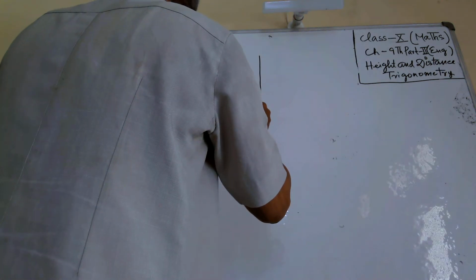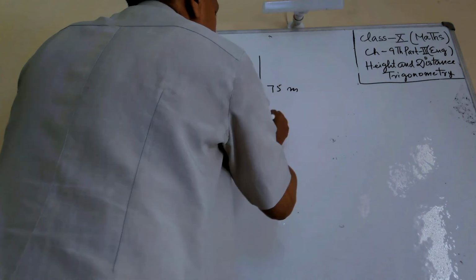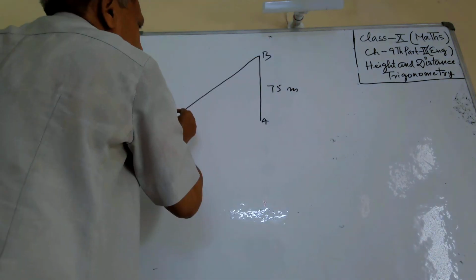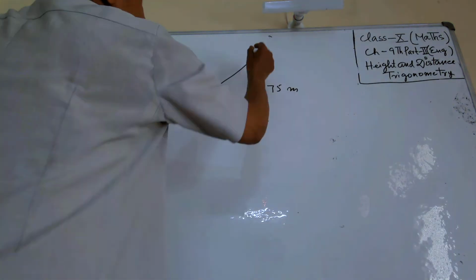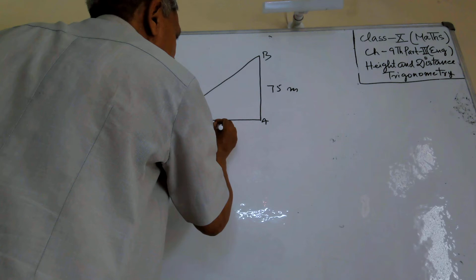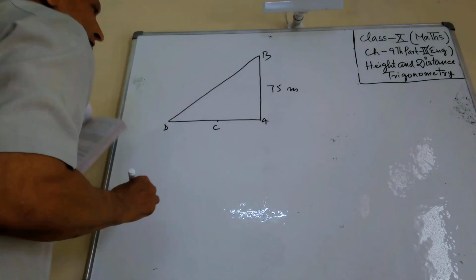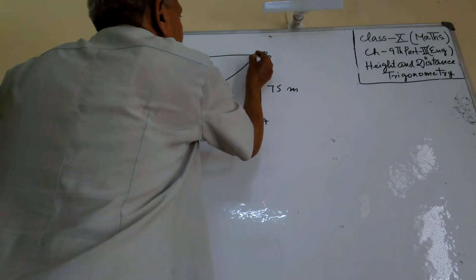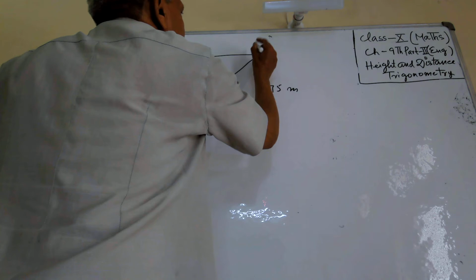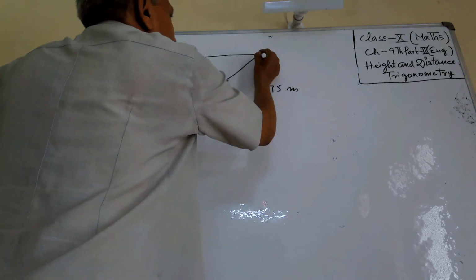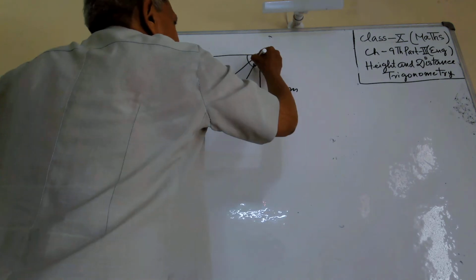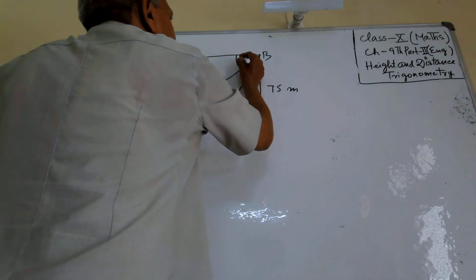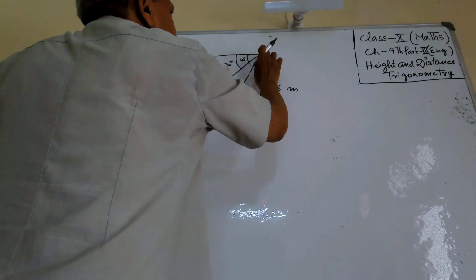This is the lighthouse, 75 meter. And from point B, we see one ship at point C and the other ship at point D. The angle of depression will be, so angle of depression, this is the second angle, and the angles are 45 and 30. This man, when he